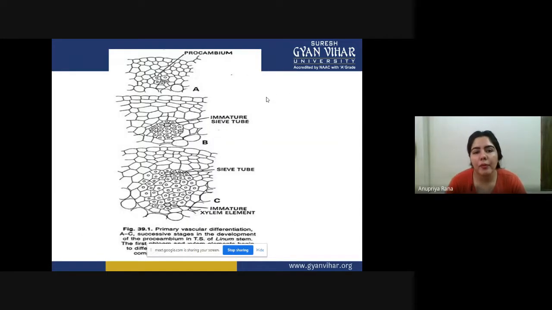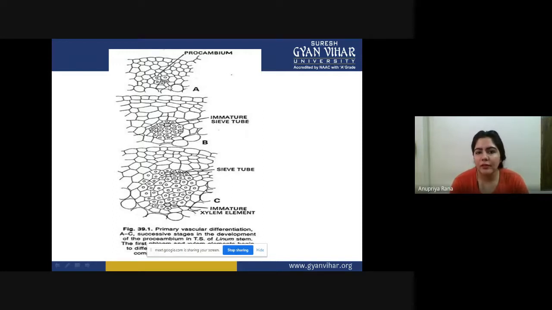You can see some procambium tissue here in our diagram A. This is a procambium tissue. Okay, this procambium now has growth tissue inside it and immature sieve tubes. So this is the first. You can say these are the primary xylem here. Basically, these are the primary xylem, and the primary xylem has to be converted when the time is for secondary growth. They will convert into the secondary xylem, but for that we need a cambium to form inside them. So here in section B, some mature sieve tubes.